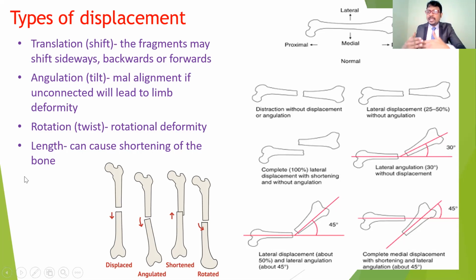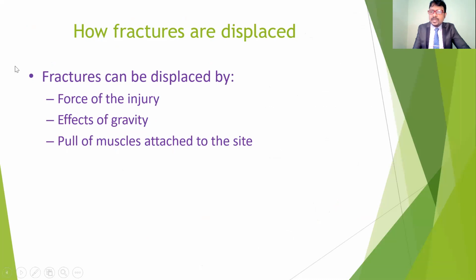Because of the displacement and the impact, if both bone fragments are crossed over one another, the limb is going to get shortened if the bone fragments cross each other. So these are the main factors for the displacement. The displacement gives rotational and angular deviations, the limb length is changed, and the limb may get rotations. So these are the types of displacement. This displacement is due to so many reasons. Just now we discussed that it is because of the mild tightness of the muscles, or because of the force of the injuries and also gravity. So these are all the causative factors for the displacement.